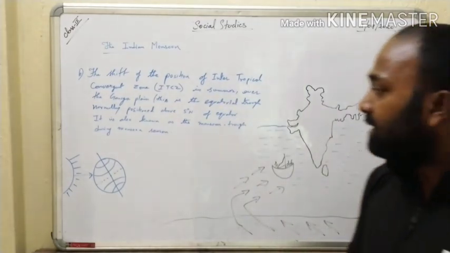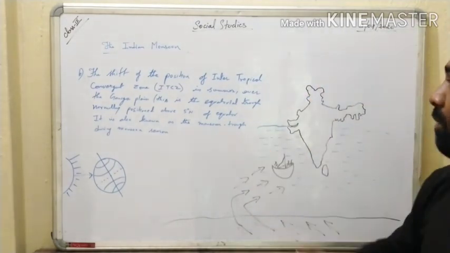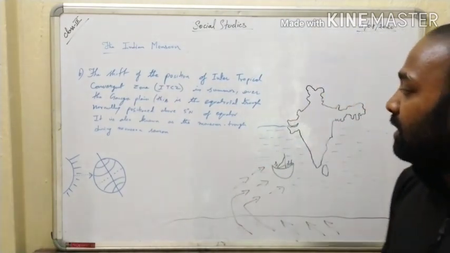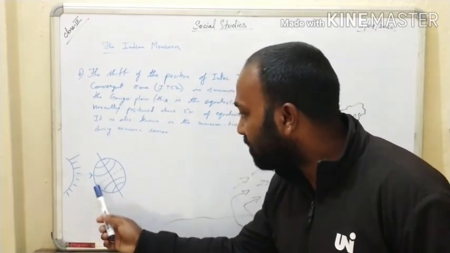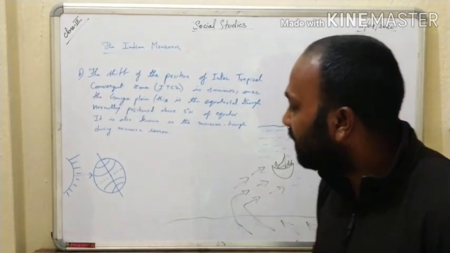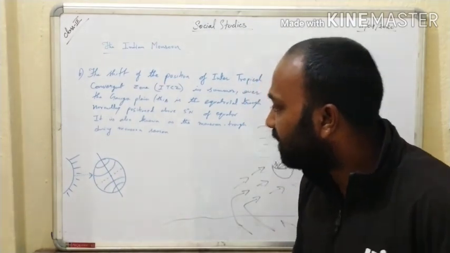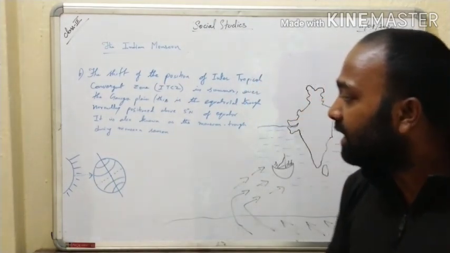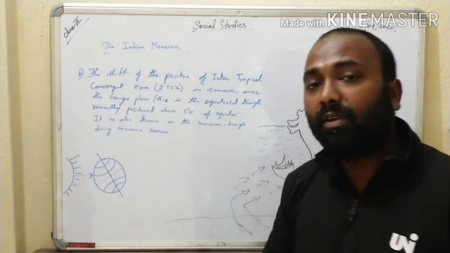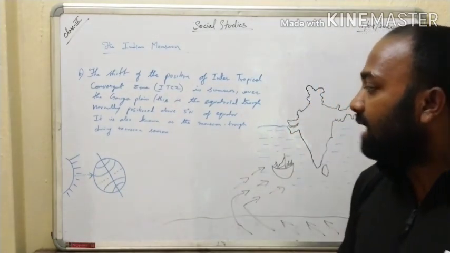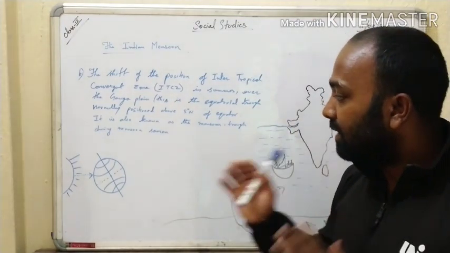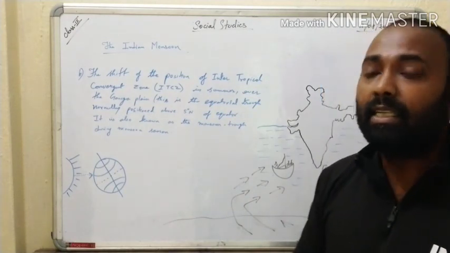Now what this means is that the monsoon season mostly occurs during the summer season. At this time, the direct rays of the sun do not fall towards the equator, but fall on the northern hemisphere towards the tropical region, that is at 23.5 degree north. That means near this latitude, the Tropic of Cancer, the direct rays fall. That time the heat zone is created out there. That means the insolation is more there, therefore the low pressure is created.